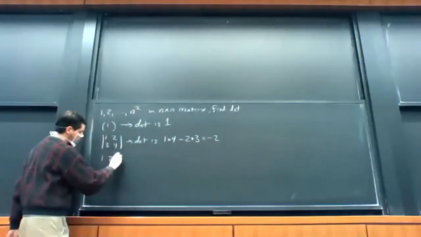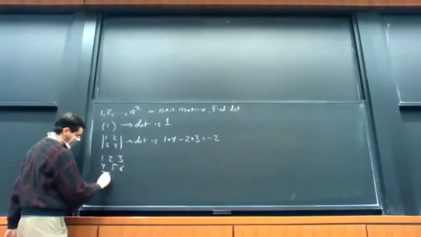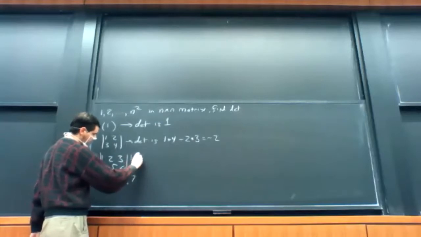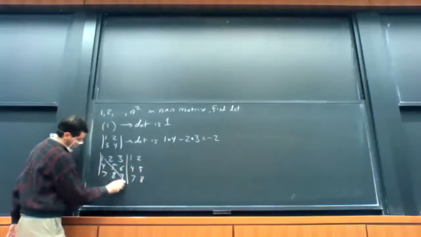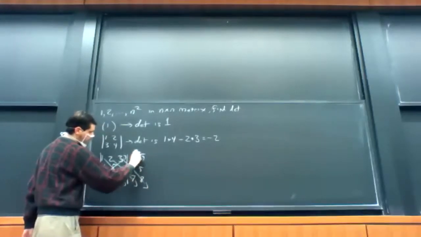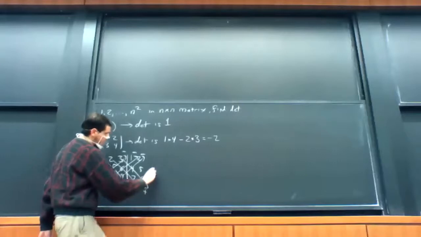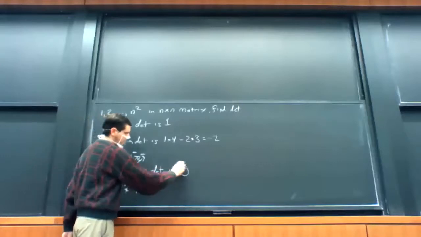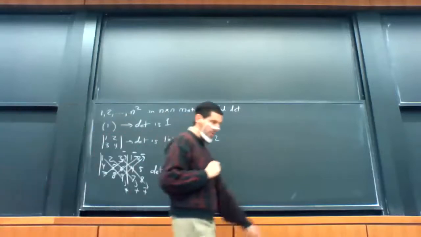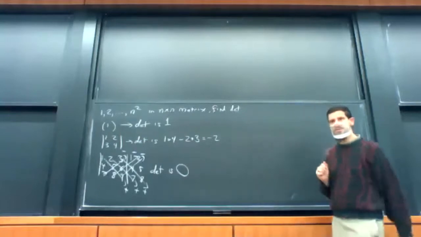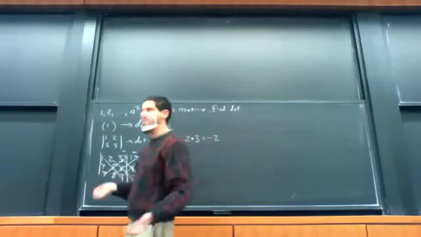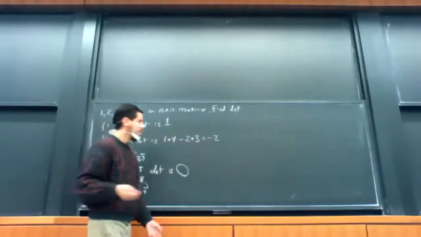We would have 1, 2, 3, 4, 5, 6, 7, 8, 9. Then we do 1, 4, 7, 2, 5, 8. And when we multiply through like this, those with a negative sign, these with a positive sign, we get the determinant is 0. In this class, we're not going to really calculate higher determinants. There's expansion by minors. Some of you might have seen that in high school. You might have seen Cramer's rule. But